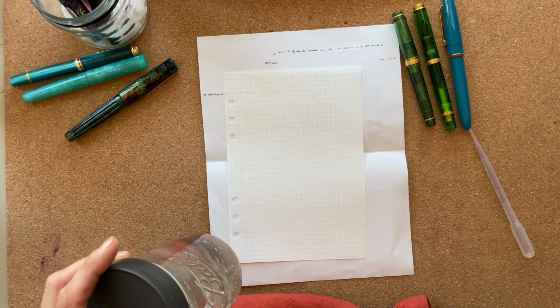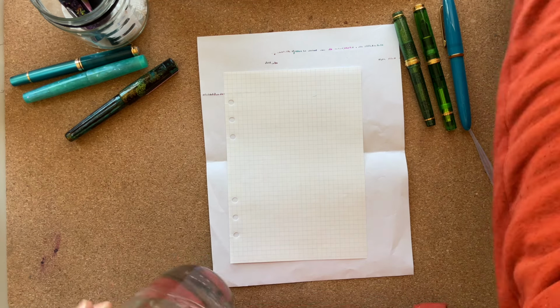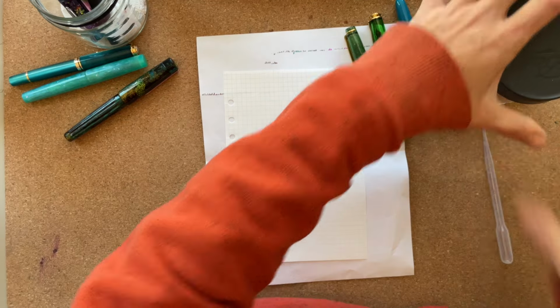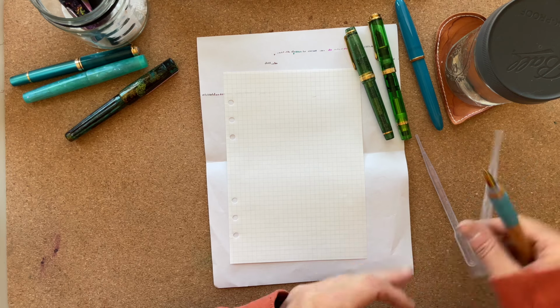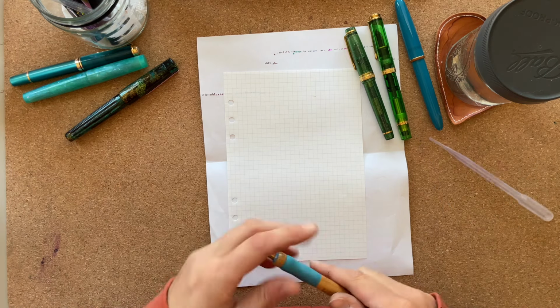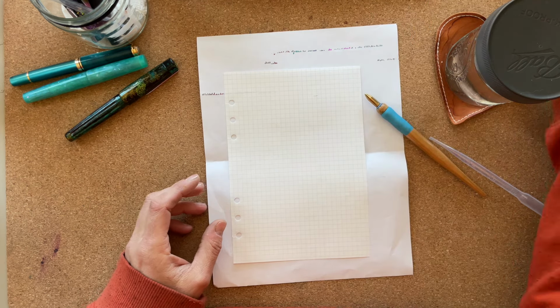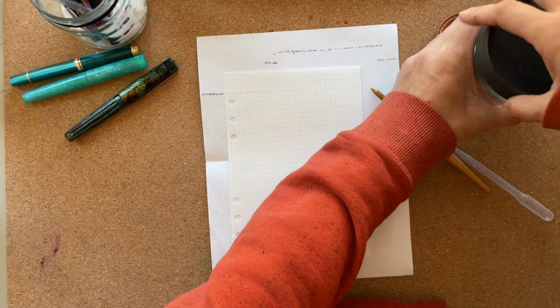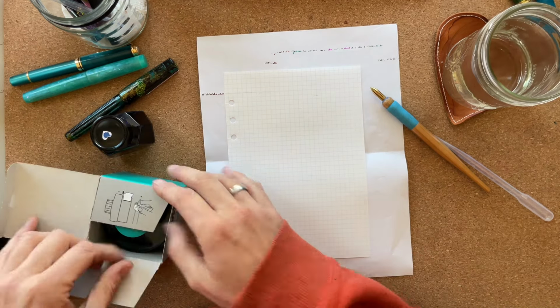And I also need my, maybe I should just take a sip of water first. This here, my, look, there's another one, so I don't have to clean any of them. Okay, these ones are for later when we're going through the book, but these ones are the ones that I want to do. So I have Lamy Tourmaline,